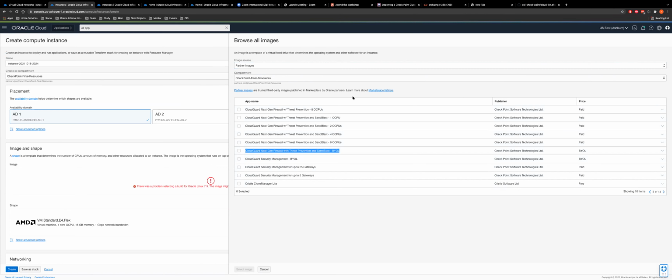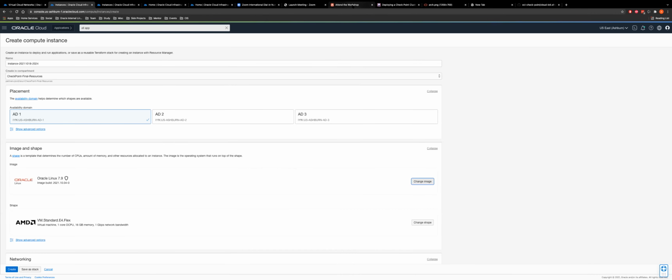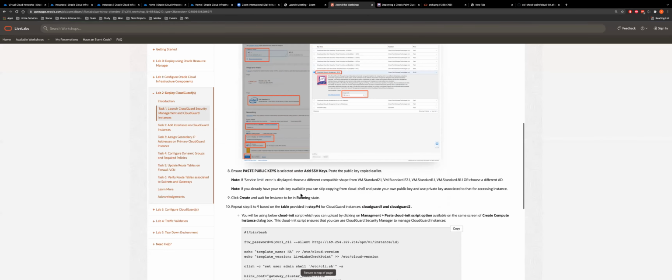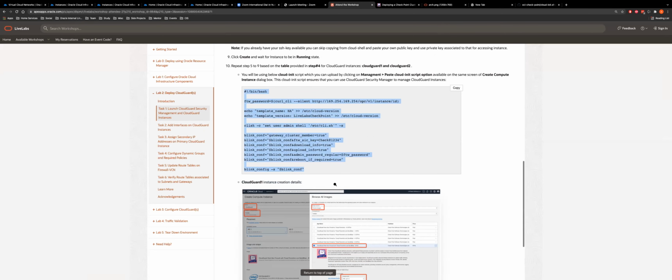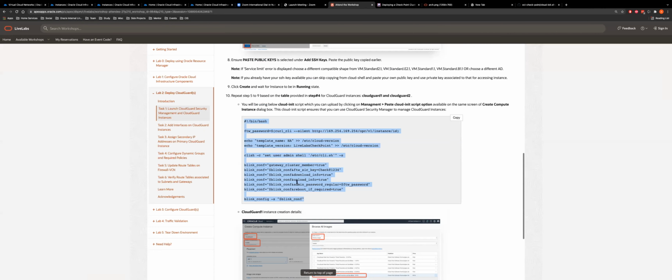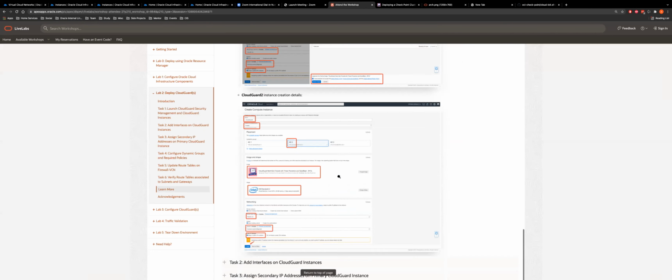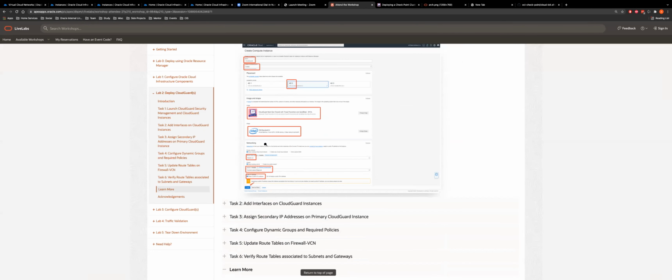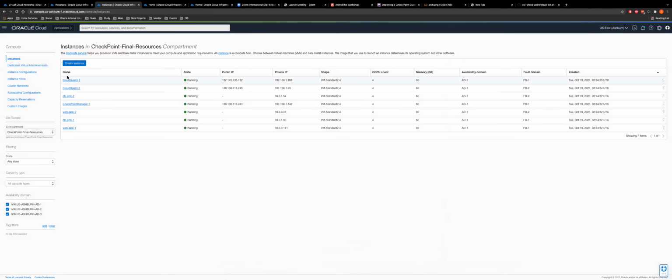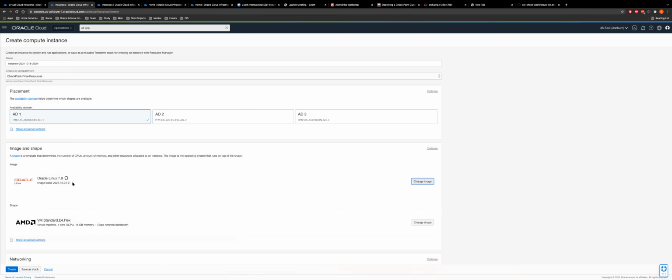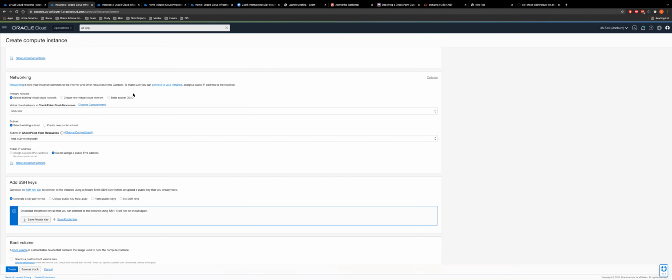Okay, so the next one is what we want to focus on. This is the CloudGuard management which we just deployed. You will see this cloud-init which we talked about. This is an init script which you can pass as a security, SIG keys and all, anything like that. Same goes for CloudGuard 1 and CloudGuard 2, which were deployed. The thing I want to focus on here is that once you create an instance for the first time, you can have only one VNIC interface. So that's why